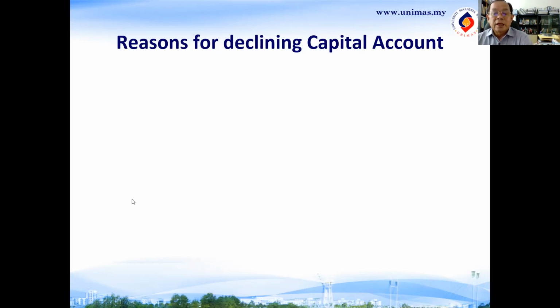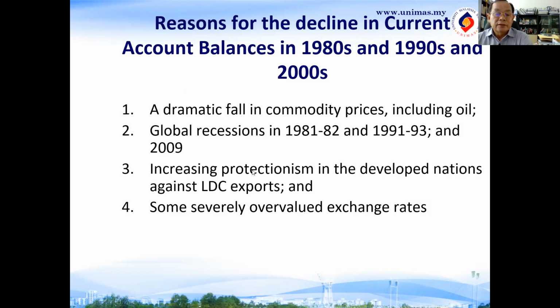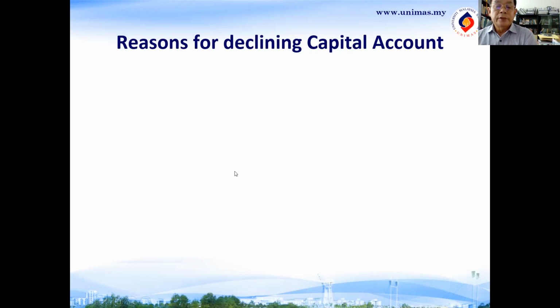And for the capital account pula, the reasons for the declining in the capital account, first of all, let's go back. This is the first one here, the decline in the current account. Remember, current account has to do with export, import, yeah, and that matters, yeah, and also pembayaran balik dan sebagainya, yeah. For the capital account,